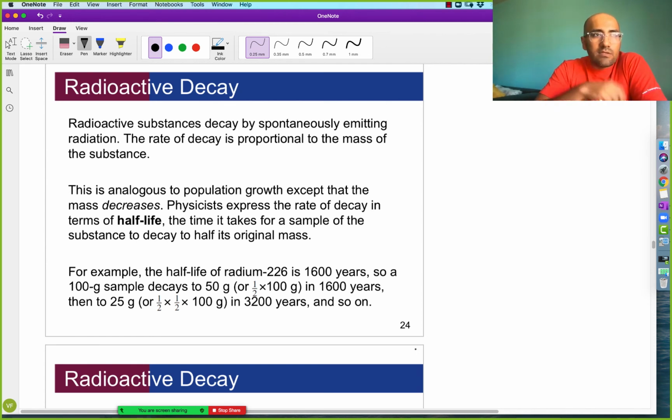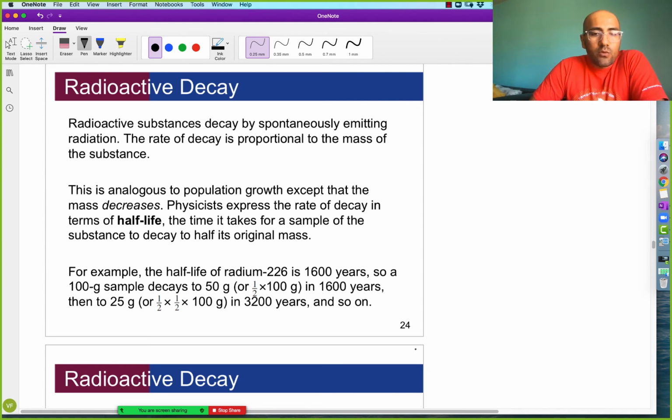So rather than using such small, tiny little decimals, it just makes more sense to think about a unit of time as a way of describing when we'll get to a certain milestone. And the halfway mark is a common milestone that we use. Okay, so in this example,